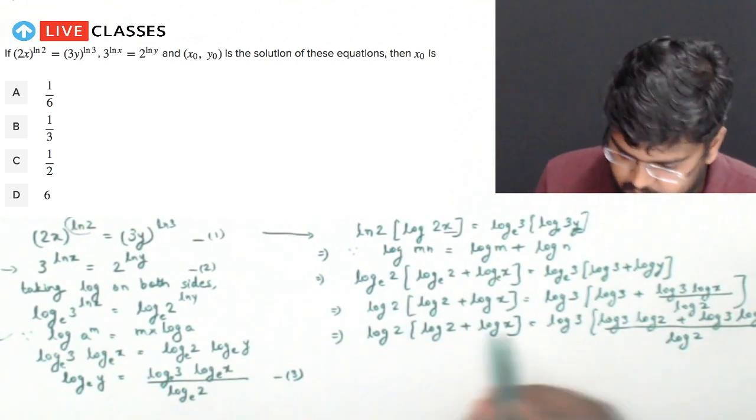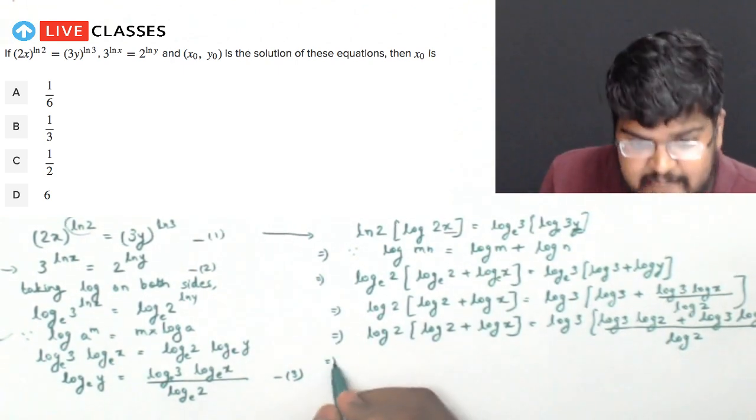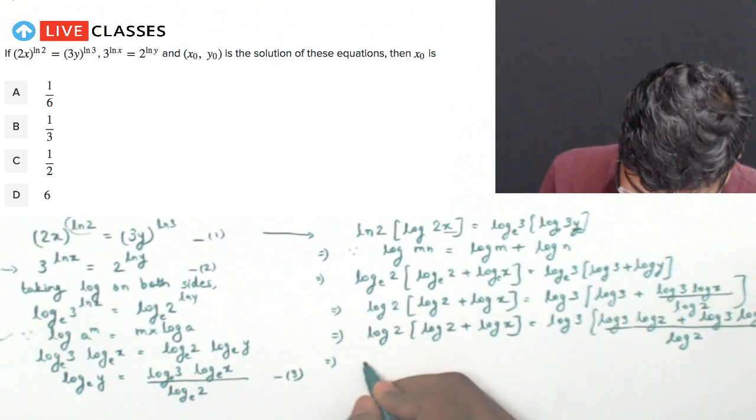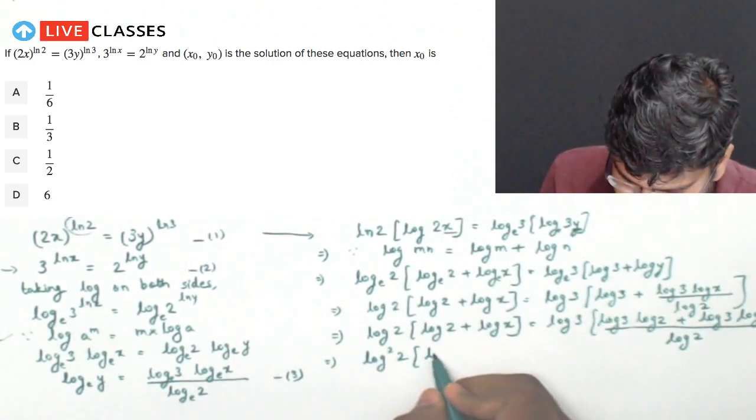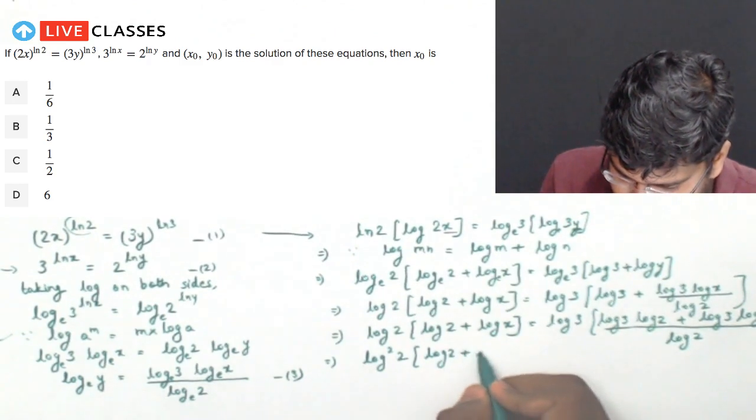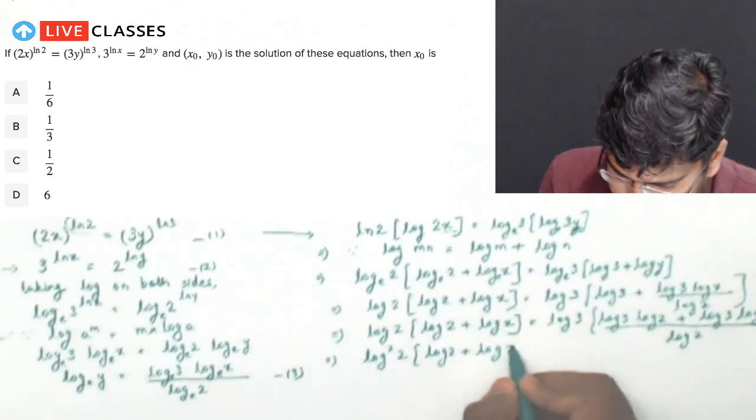Now you can simply cross multiply this log 2 on the other side, which is going to give you log square 2 times log 2 plus log 3 plus log x